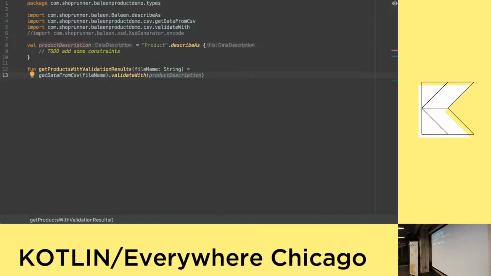And let's go ahead and do some validation. So you can see here, this is what the web app is calling. It calls get data from CSV file. We passed in the file name, and then it's validating with the product description. The product description is our data description, and right now it's blank and isn't actually doing any validation for the most part. So the way that we add validation